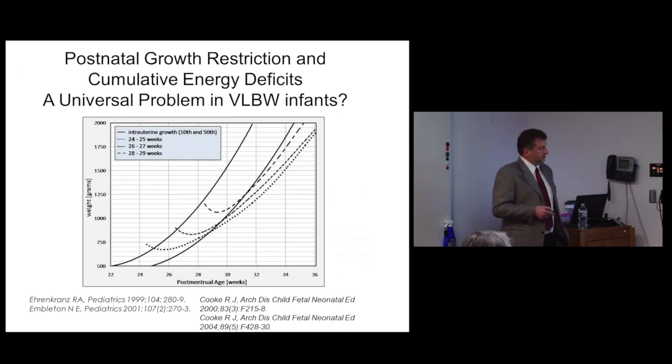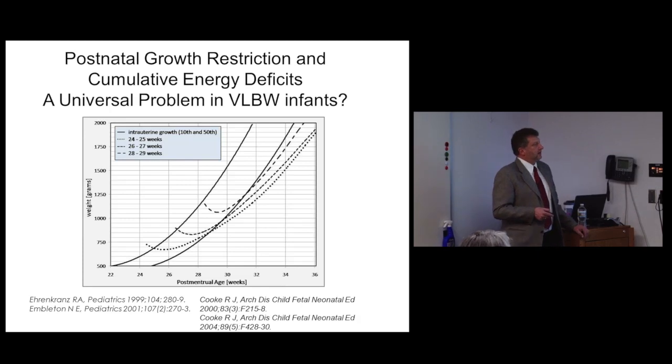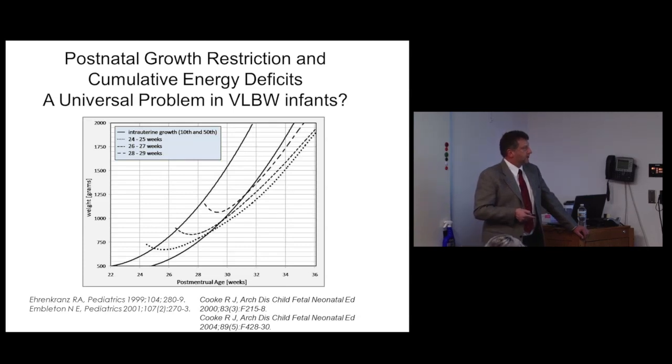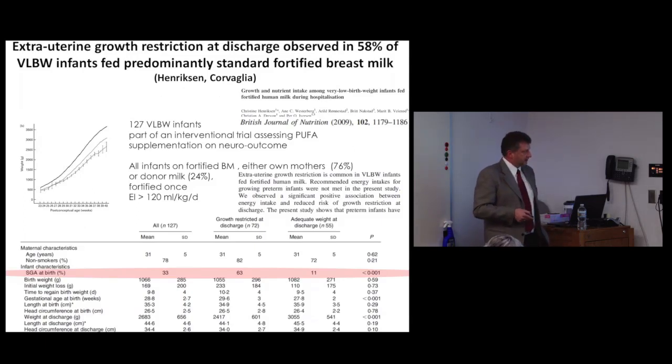So I showed you this slide from Rich Ehrenkrantz, where growth data were pulled together as a kind of normative idea of how babies could grow, but we were not happy with that, because we said it cannot be that babies grow like this. And as I showed you before, we need to find a physiological rationale for how babies should grow. So what are the reasons for this growth retardation? First, this is about the significance. 33% of babies in this study were SGA at birth, and 63%